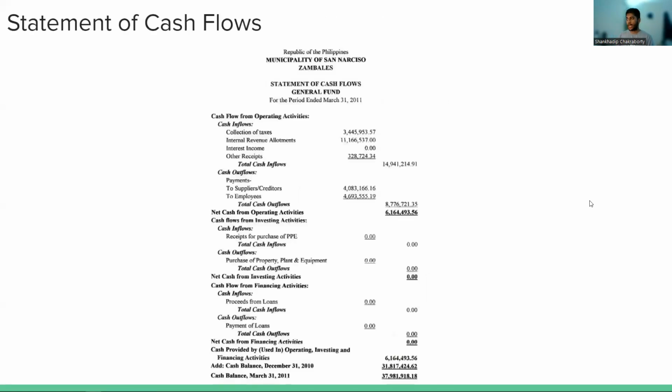And finally, a statement of cash flows tends to be the messiest and the longest, but I think it's the most useful. Why I say that is that it can predict a firm's cash flows very accurately. How it does this, like I said earlier, is it splits it up into operating,